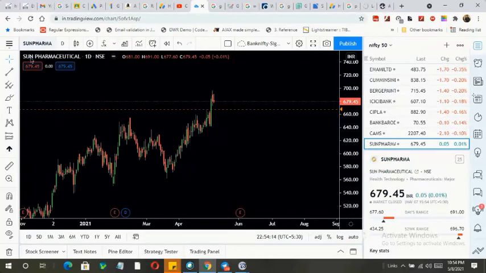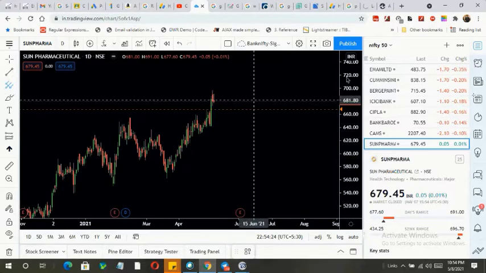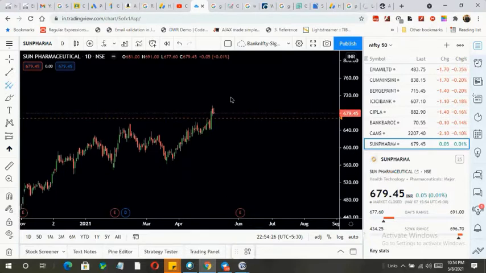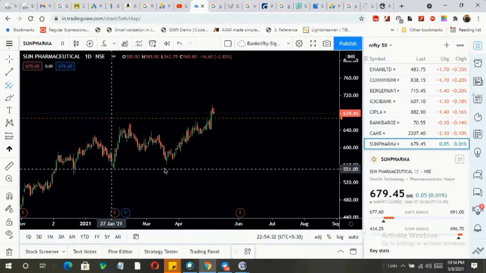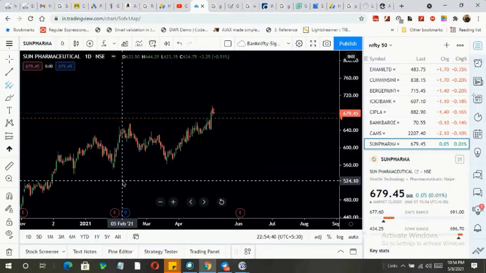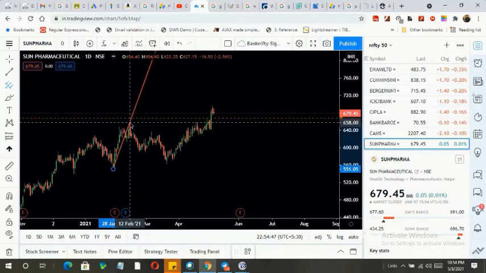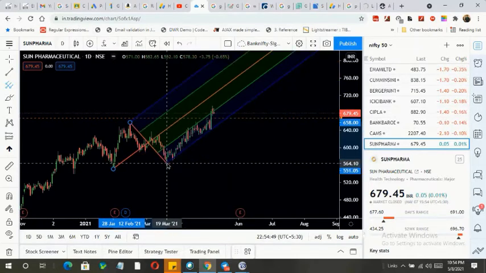Okay, let's take these 3 points in a pitchfork. So what was the previous trend? If you see, there are multiple swing highs and swing lows. This is another swing high getting created, and this was the previous swing low, and before that another previous swing low is there, and this is the swing high. So to draw the pitchfork, we should take the 3 points. This is the first point that I have to take, this is the second point, and this is the third point.